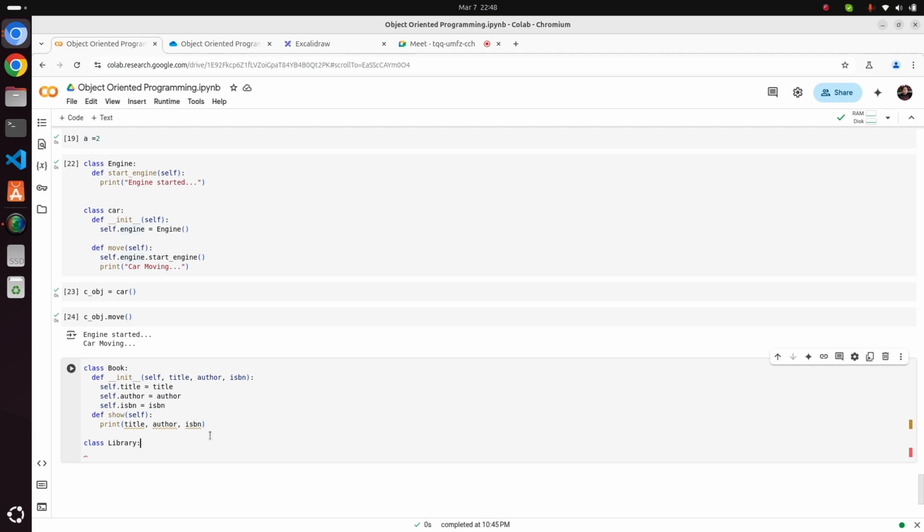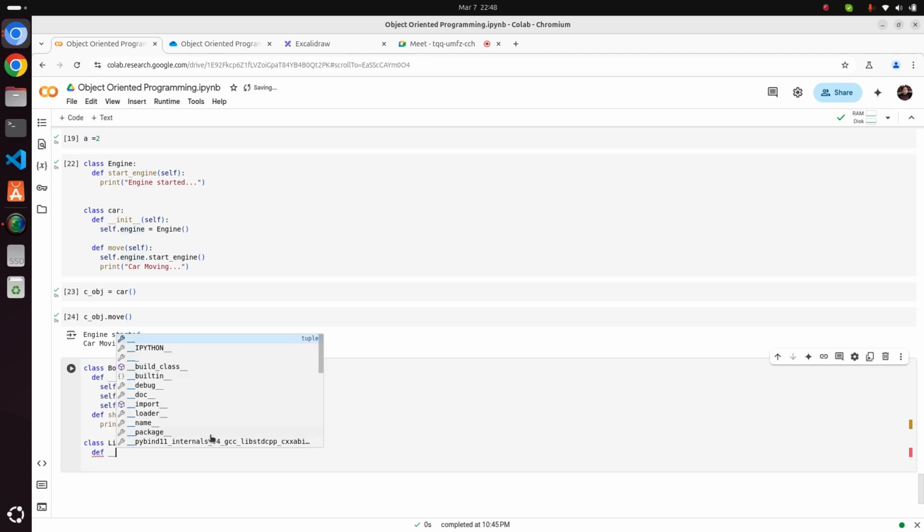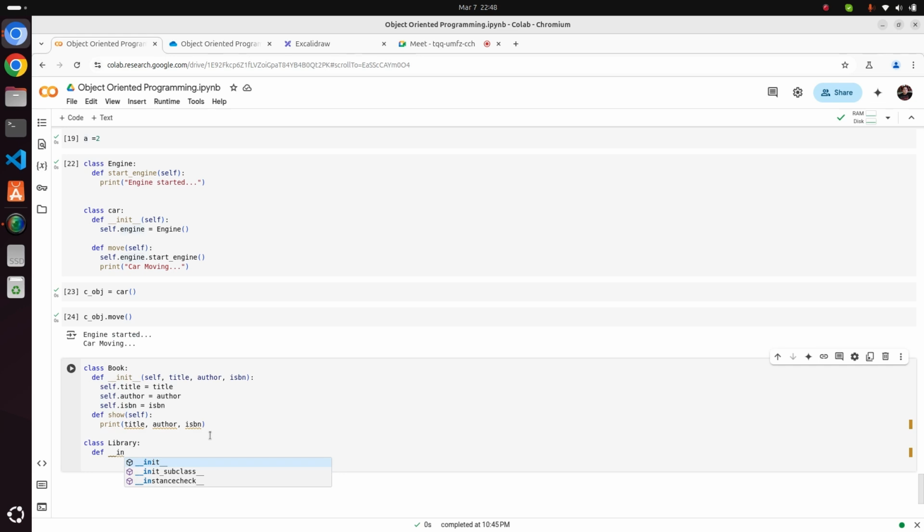Now I will create a Library, def __init__, right? And I will pass details here. It will have self.book, an object of Book. It may have multiple books also, right?